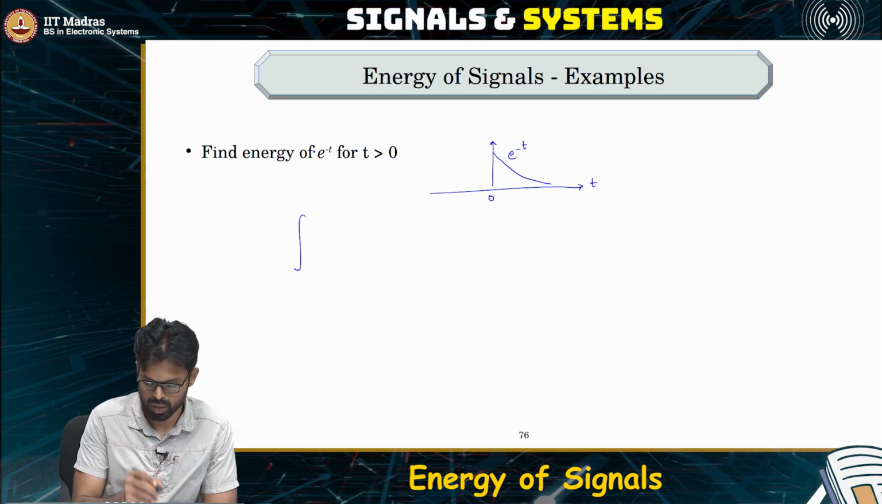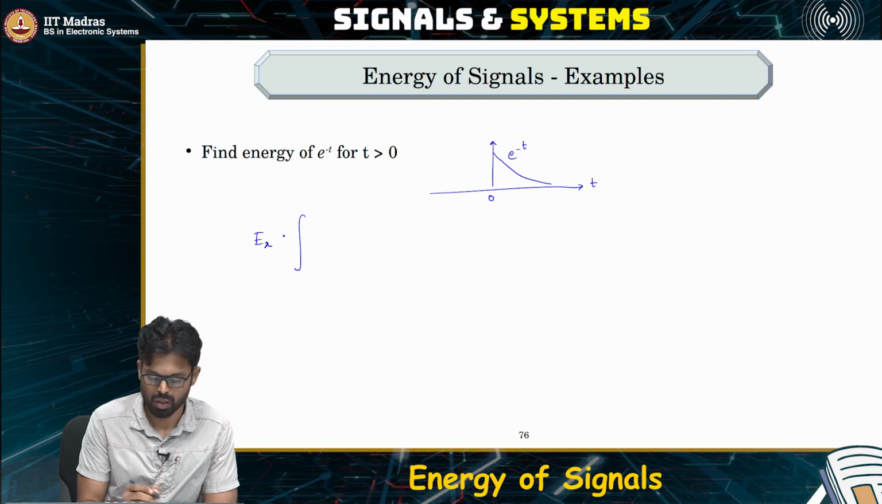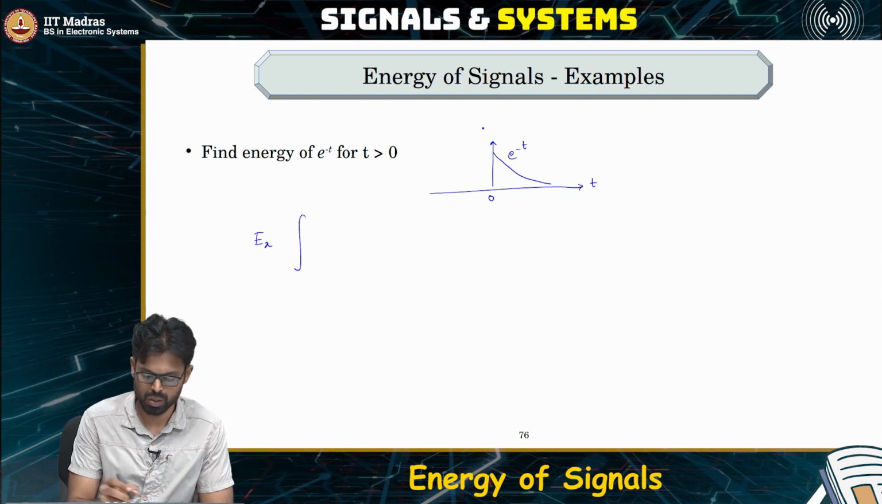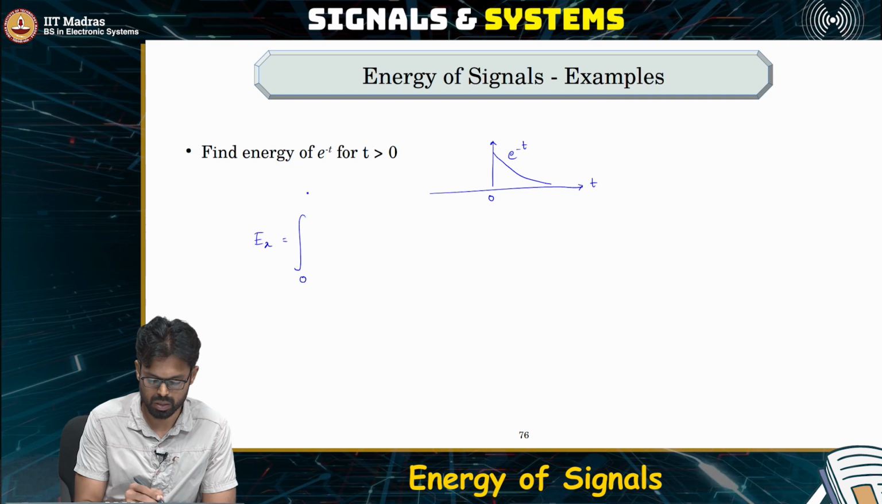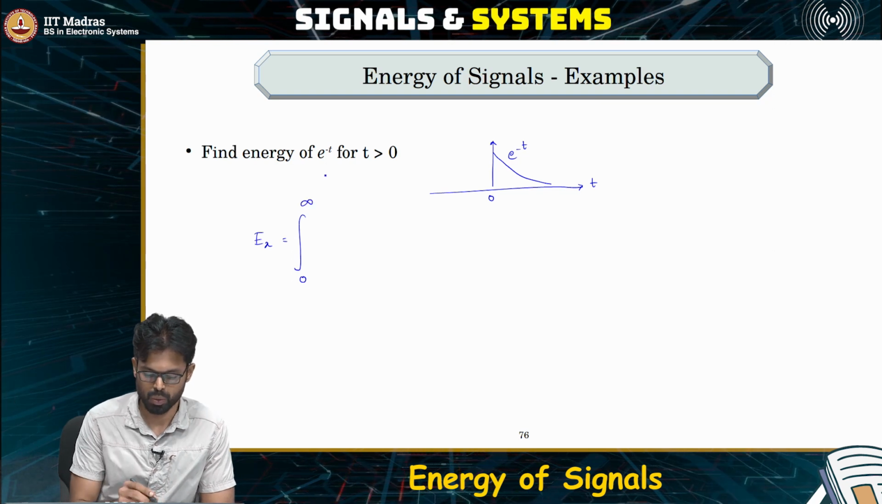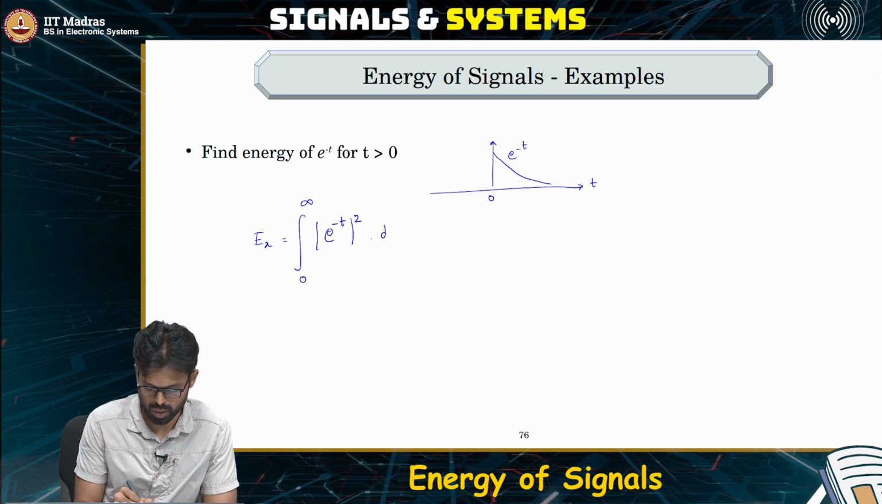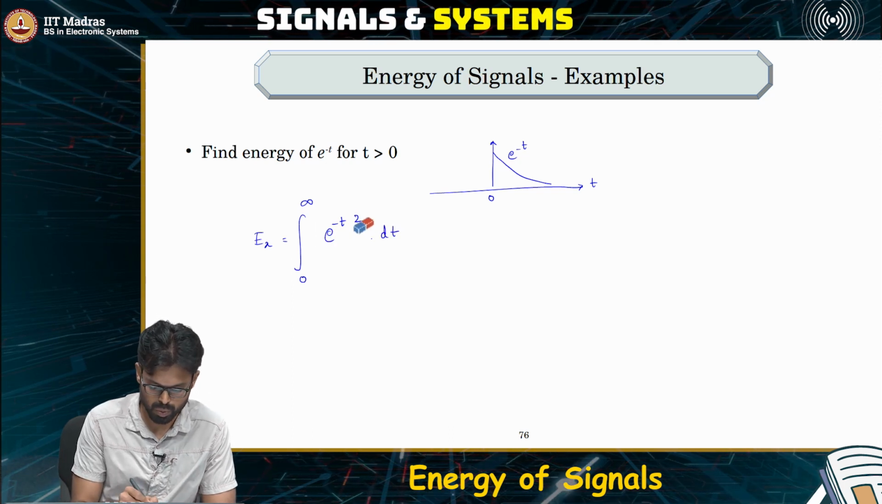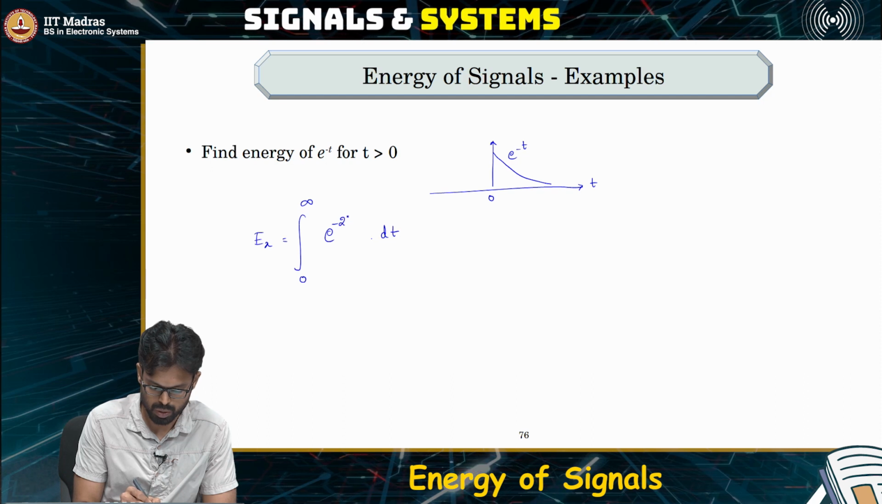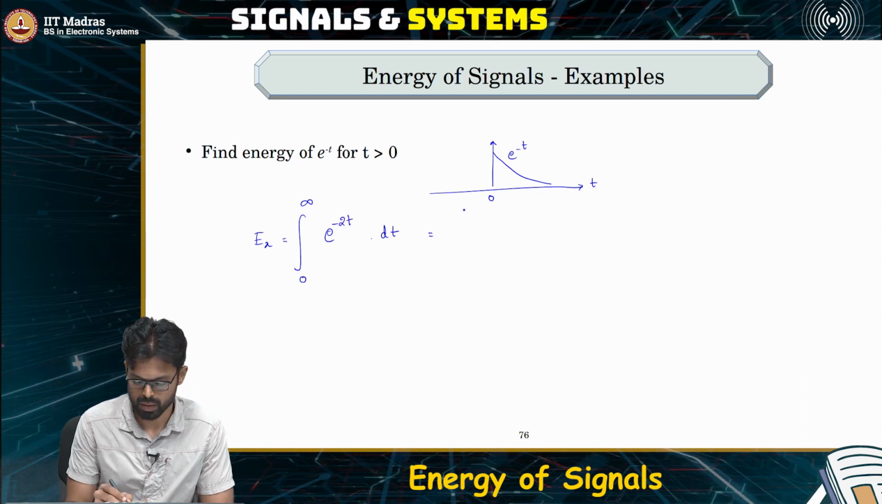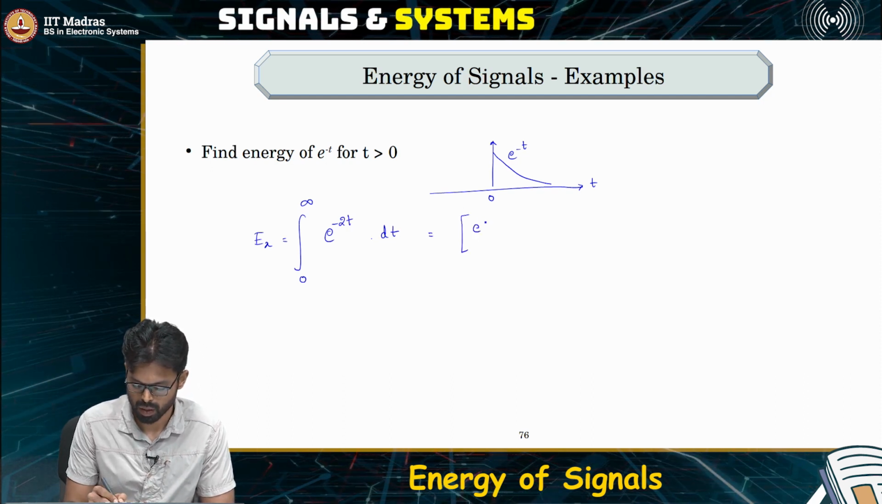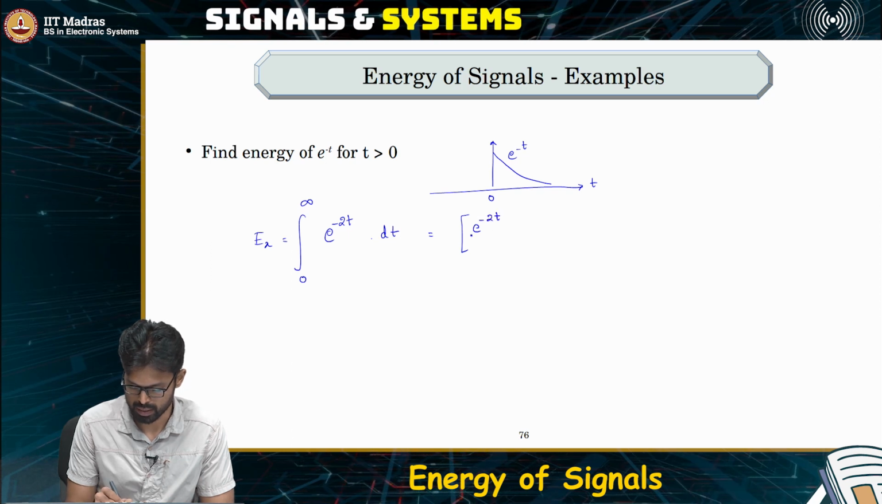So from minus infinity to infinity, but then anyway from minus infinity to 0, this is 0. So the energy is from 0 to infinity, e power minus t the whole square. So what is this whole square? It's just e power minus 2t. This is nothing but e power minus 2t itself